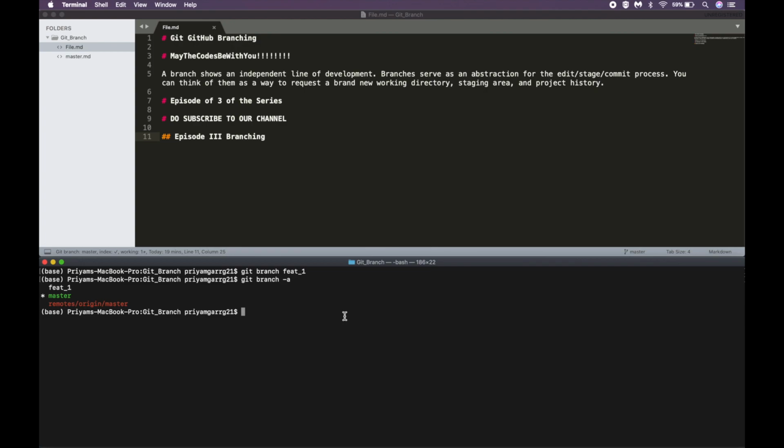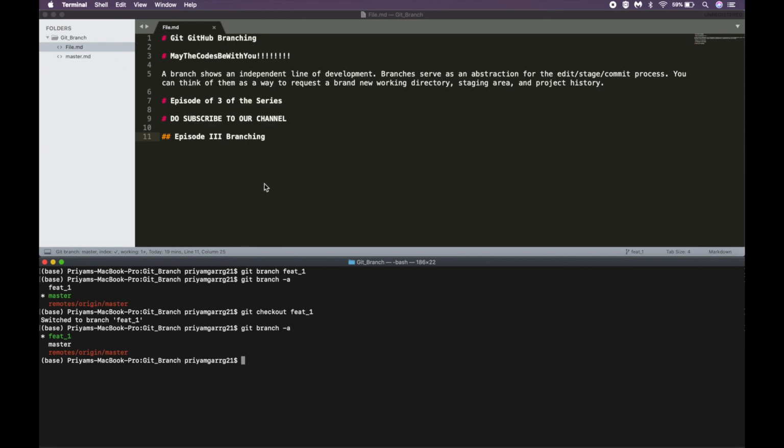So how do we work on branch feat_1? So we have to go to that branch. So how do we go to that branch? We go to that branch simply by using a command git checkout and then the name of the branch. So you can see we have now switched to branch feat_1. So also we will check our branches. So you can see the feat_1 is green and a star sign has been made beside it, that is we are at the branch feat_1.